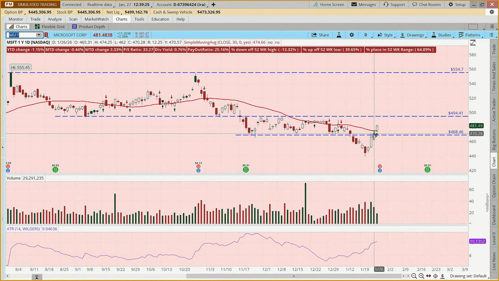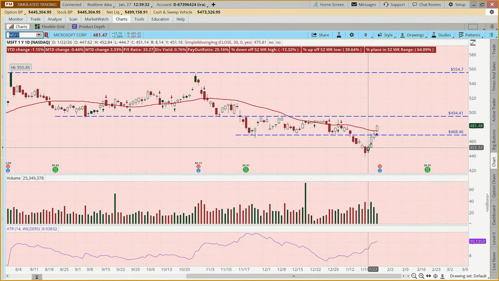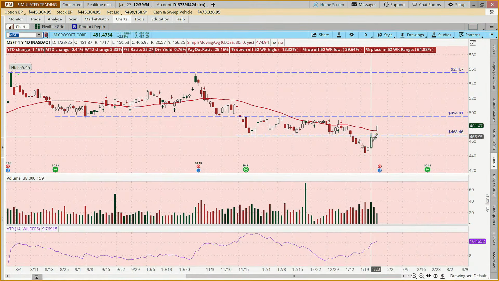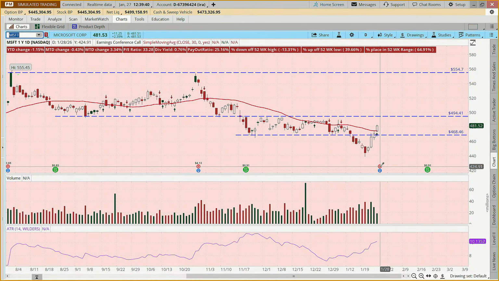And then it came up, and this is now considered a potential resistance line. But did it hold Microsoft back? No, it kind of blew right through it. It peaked above yesterday and broke through above today. Now we've got earnings coming on this and 3 other stocks in the Mag 7.